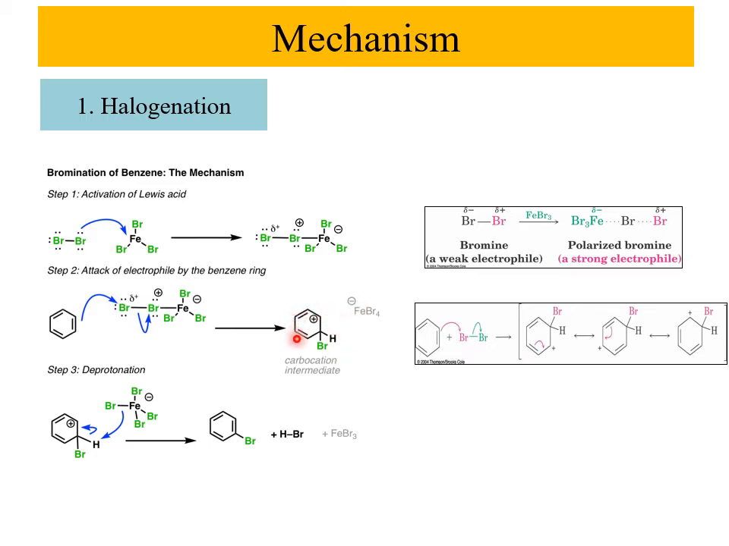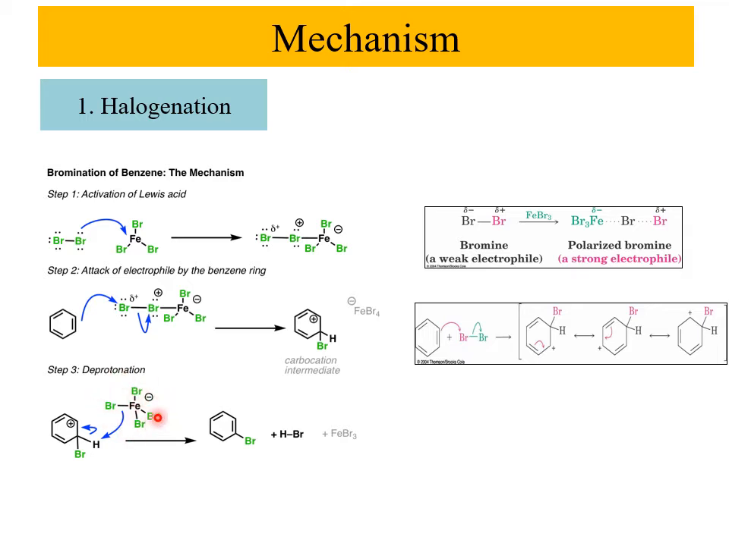For the carbocation intermediate, there will be a resonance whereby the electron will move to the carbon that has less density of electrons, which is the positive side of the carbon, and the electron will keep moving, okay, until the third step that we have here, which is deprotonation. The deprotonation will take place when